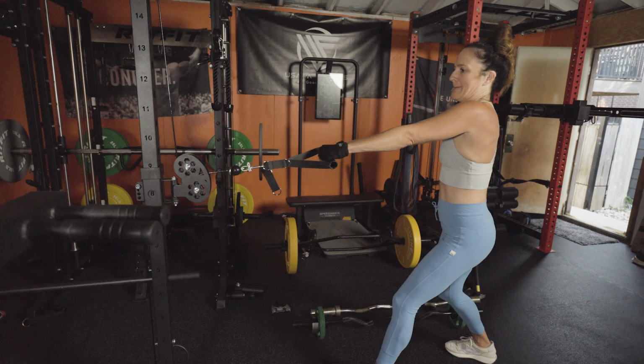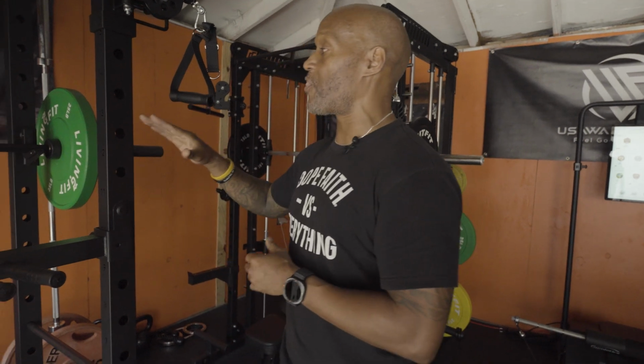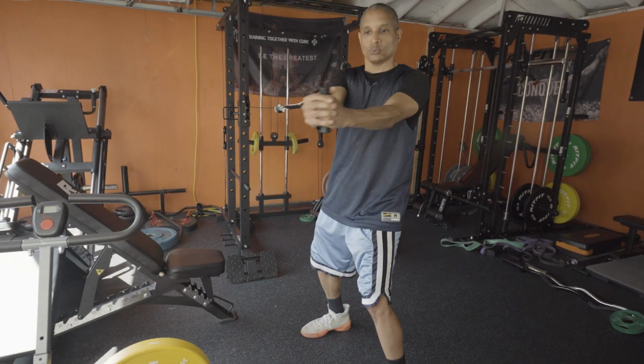I haven't actually fully reviewed this one yet because it's new. Now, some of the things I like about it. Number one, this is a 3x2 power rack. And all that means is that a lot of the budget power racks are gonna be 2x2. The 3x2 power rack is gonna give you a little bit more sturdy of a machine. It's gonna be a little bit heavier, and you're gonna get, you know, a little bit more